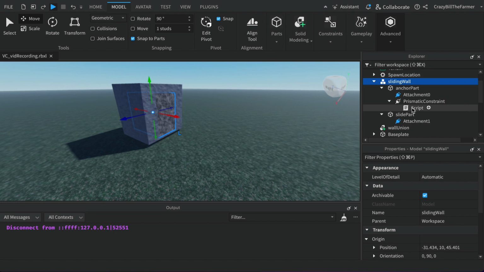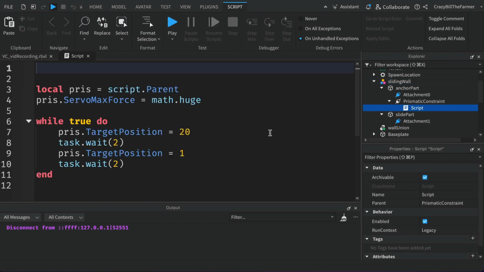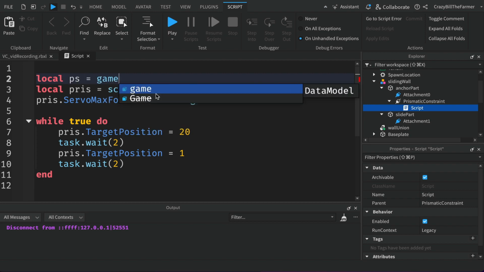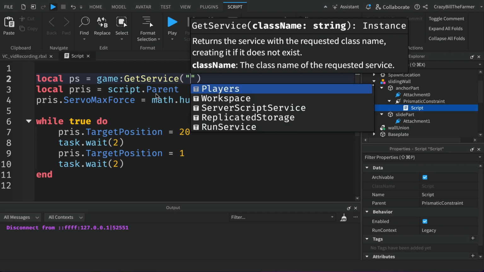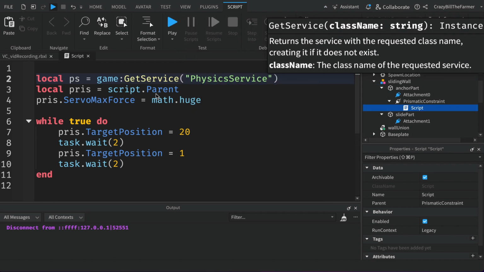it is in our prismatic constraint. There we go. Inside of here, we're going to make use of the collision groups, and that is part of the physics service. So if we create up the top here a variable for just PS for physics service, which equals game get service and physics service,